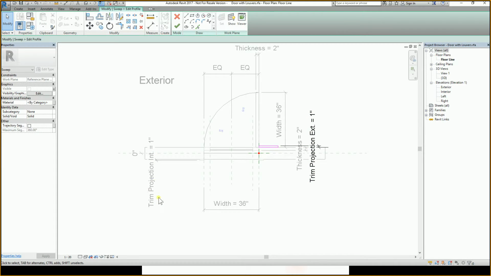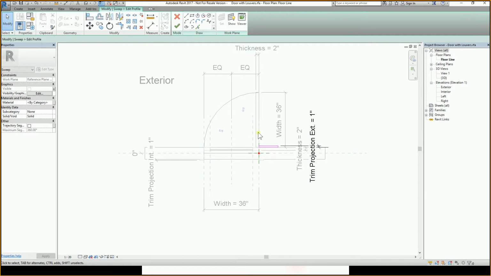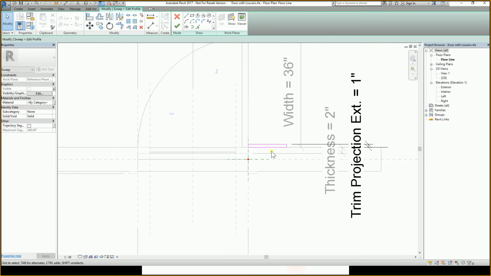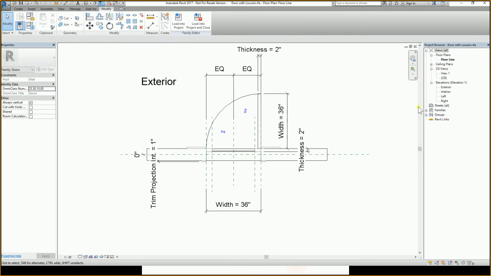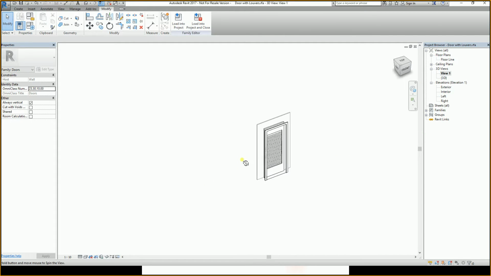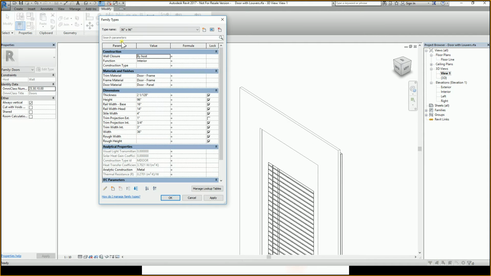As you can see here, there was another parameter applied already to the inside trim called trim projection interior. That's why I used this name, just to keep it consistent, right? So now that trim is gonna change its thickness every time I change that parameter. I'll show you what that means. Go to a 3D view, and look at the trim now, right? If I change the parameter, trim projection exterior, to 5 inches,